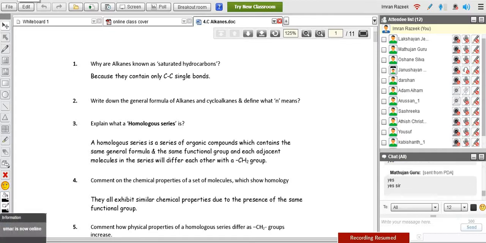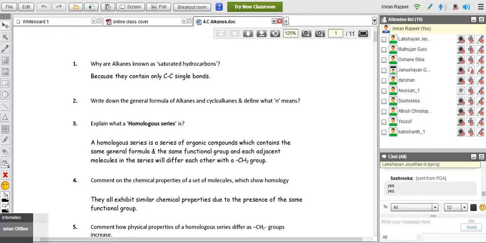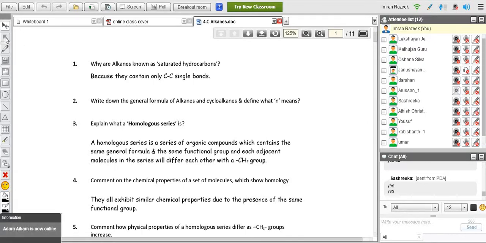Right, as for the study of the alkanes, alkanes are referred to as the saturated hydrocarbons, meaning they contain carbon-carbon single bonds throughout the carbon chain. And we discussed before the general formula of alkanes. It is CnH2n+2, where n is the number of carbon atoms. I think we wrote the general formula of alkanes before, and then I explained the general formula